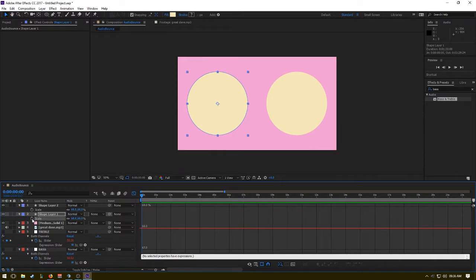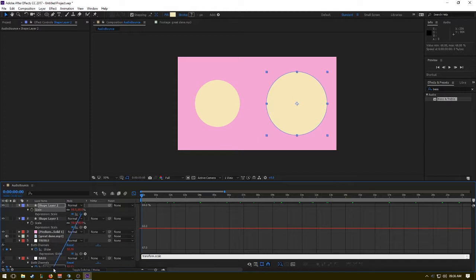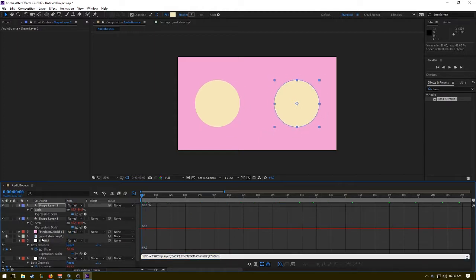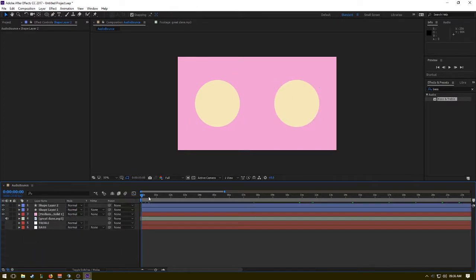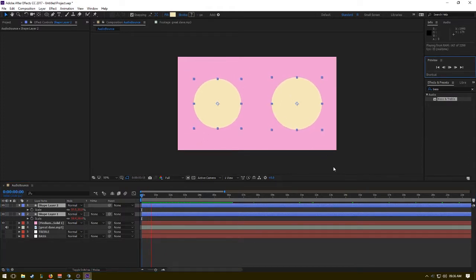And then what I'm going to do is alt click on the scale one, and I'm just going to drag it to the slider. Hit enter on my keyboard. Then I'm going to alt click on this one, drag it to the other slider, and we're done. So what you'll see now is that if we go on both these layers and look at the scale, you'll see the scale is changing with the music, and it's not together. And if I play them with the music,